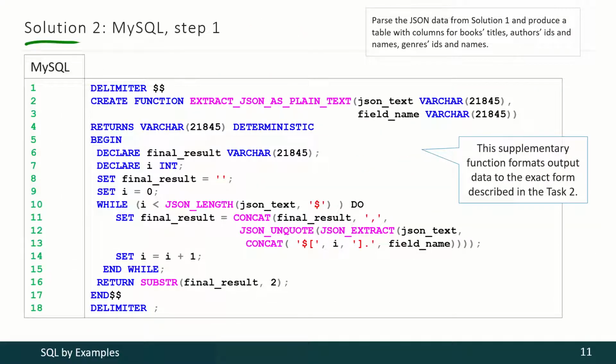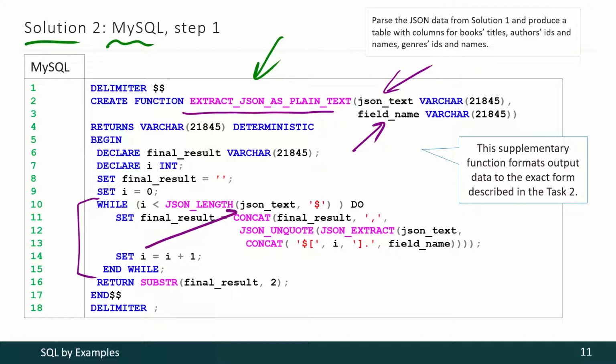To parse that data in MySQL, first we have to make some preparations. We have to create such a stored function that will receive the JSON data and the field name as the input parameters. And then inside the function we shall scan through the JSON document, we shall take each element, transform it into text representation and compose the final result from those elements.